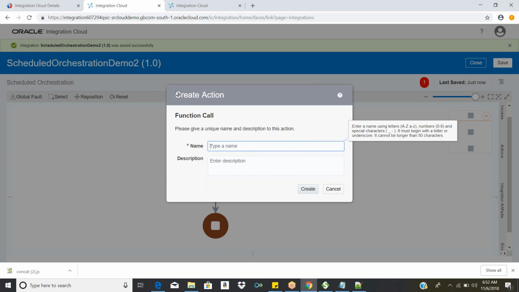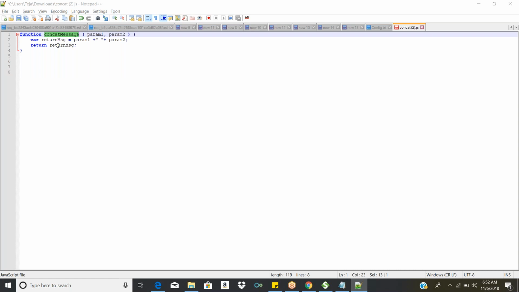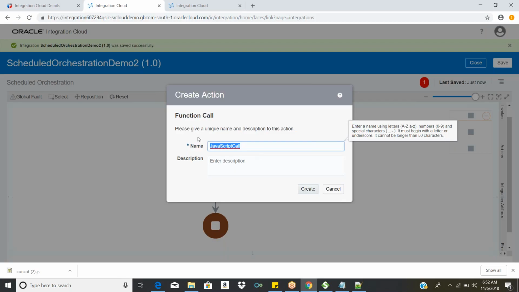Now this screen pops up, and you have to give it a name. I have given some dummy name, JavaScript call, because this is predefined. If you are doing something like concatenating two variables, you can give a meaningful name.